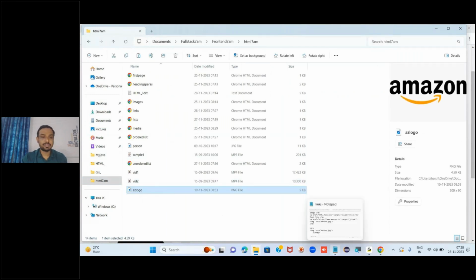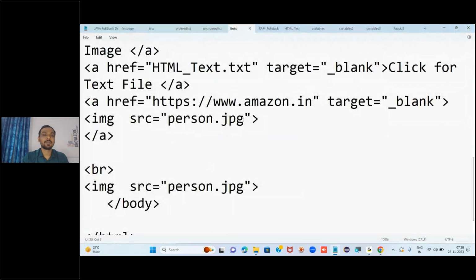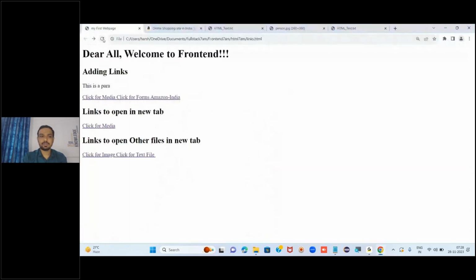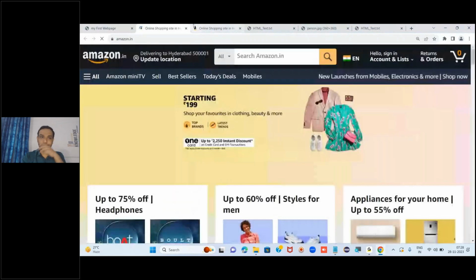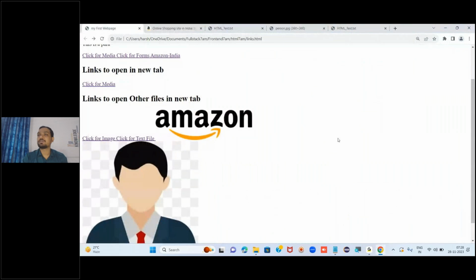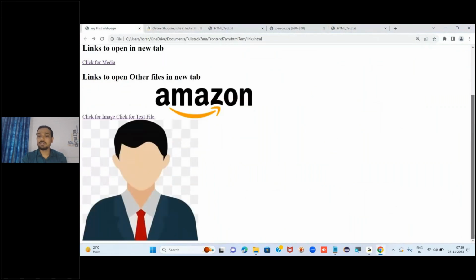So now just go there. Yeah, AZ logo, which is PNG, right? Dot PNG. Now simply save this, go to this and reload. This is what we usually observe in websites and web pages. That's it. And even in the footer section of web pages, we might observe some red color